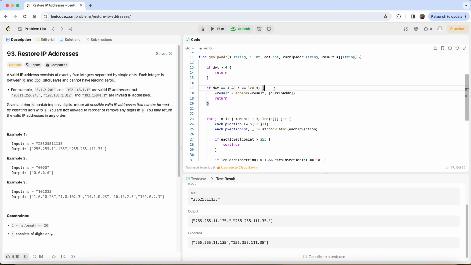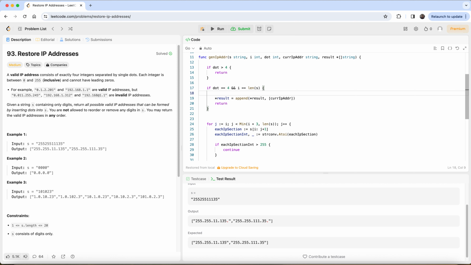So let's find out the last index. Last index is equal to, using the string function strings last index, from the current IP address. So we'll get the last index here,